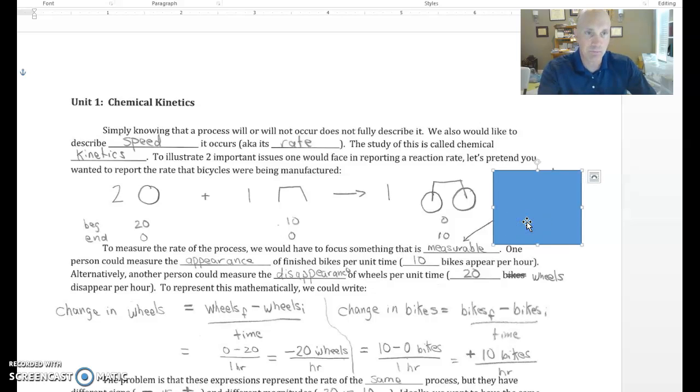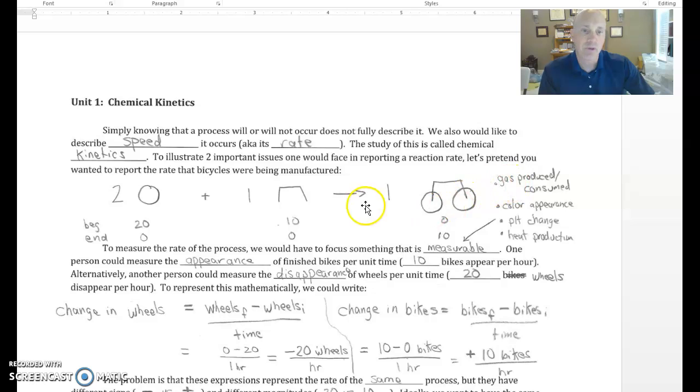What are some things that would be measurable about a chemical reaction that might tell you something about the speed of reaction? Well, what if one of your products in the chemical reaction is a gas? You could put a balloon over the top of your flask, and the volume of the gas that's produced would be an indication of the amount of that material present,